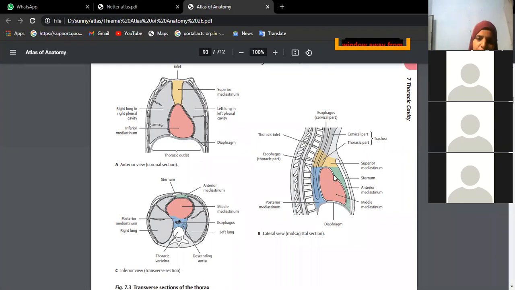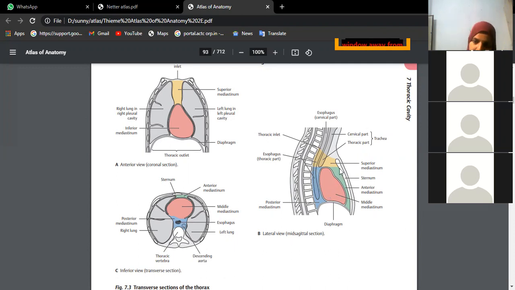Just behind the sternum, whatever area is there, in front of the vertebral column, this whole area is called mediastinum. From the sternal angle, if you draw one imaginary line moving to the lower border of the fourth thoracic vertebra, T4, the area above this plane, yellow in color, is the superior mediastinum. That is the line of partition, which starts from the sternal angle to the thoracic vertebra. Above this line is superior mediastinum, below this imaginary line is inferior mediastinum.